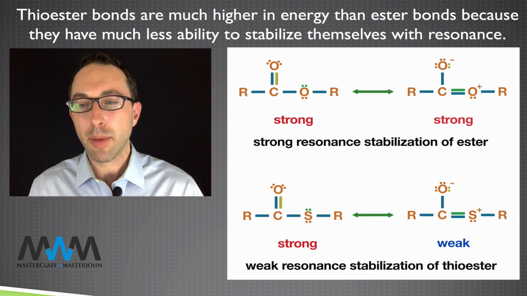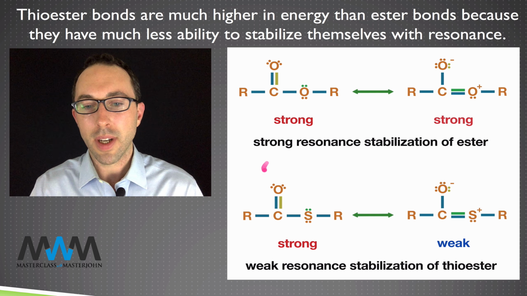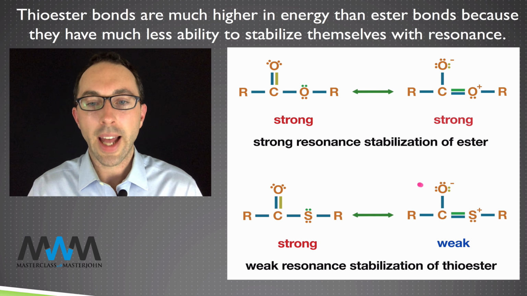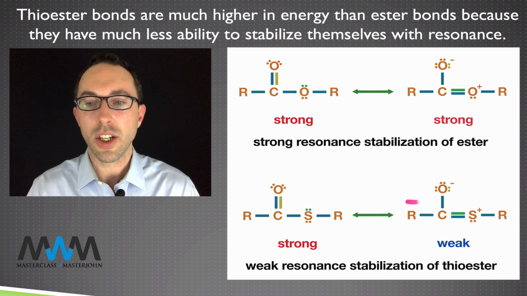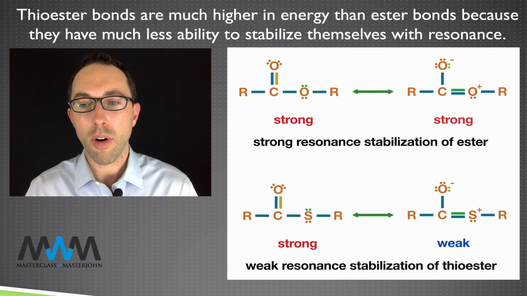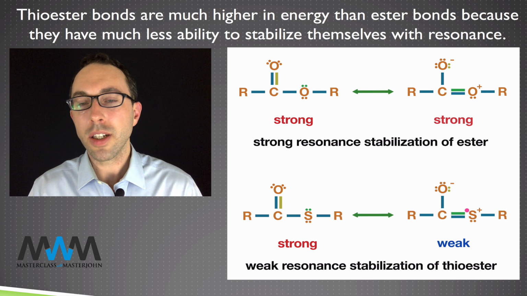Now, the resonance stabilization of an ester is shown on the top. The analogous resonance stabilization of a thioester is shown on the bottom. And indeed, this resonance stabilization exists. However, we talked before about how the fact that a double bond between carbon and sulfur is much less stable